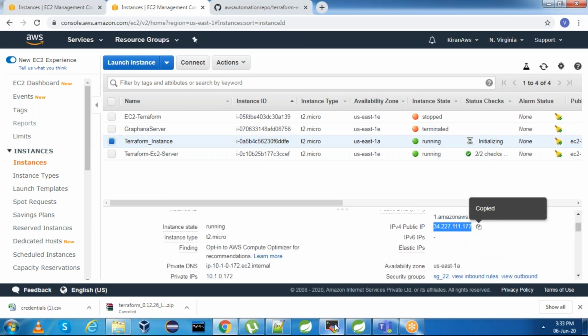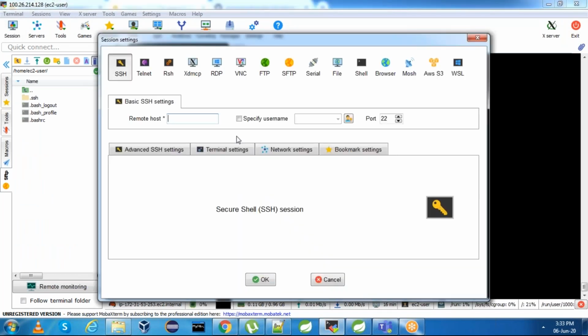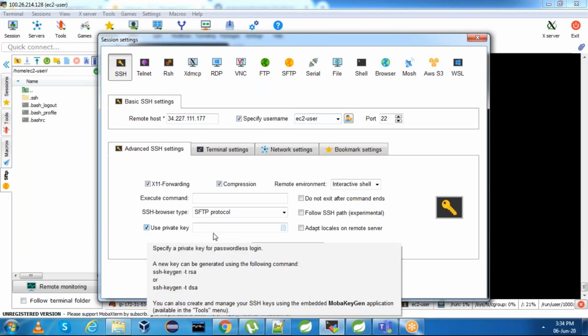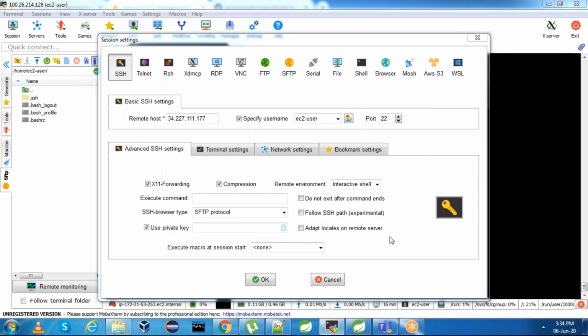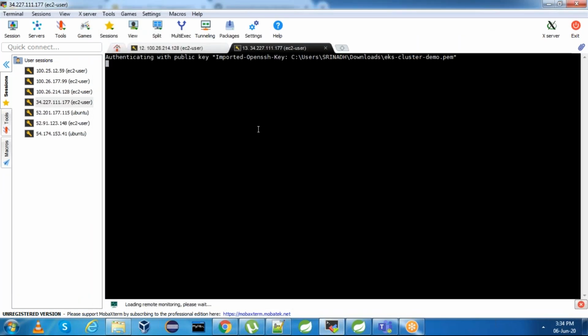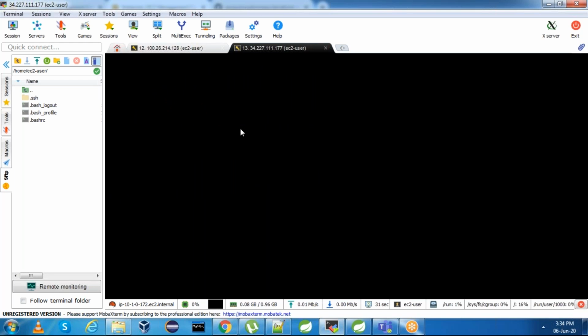We can try connecting to this using the key pair which we used. SSH remote host, specify username ec2-user, advanced SSH settings, use private key. This is the key pair which you use. Click on OK. Perfect. We are able to connect to the instance which we created.